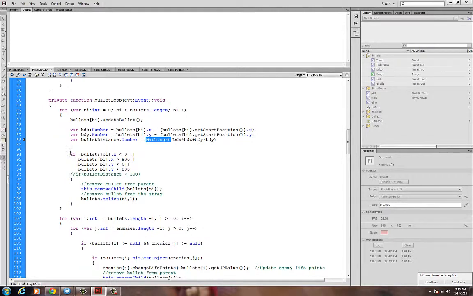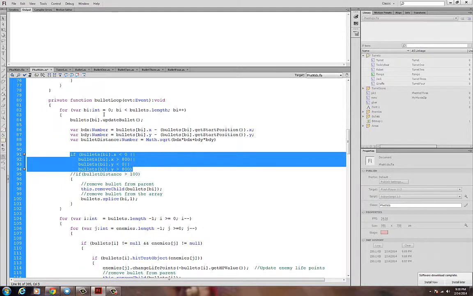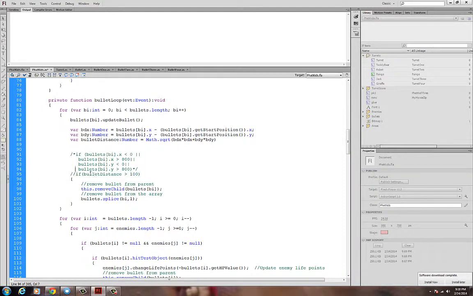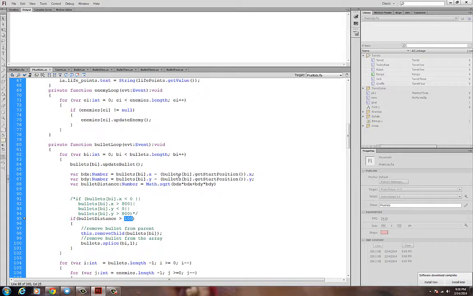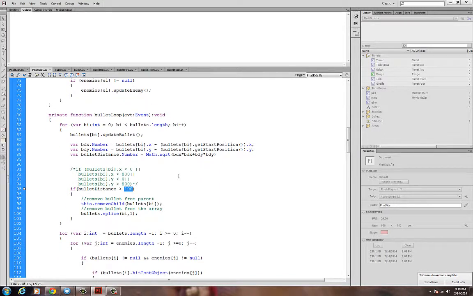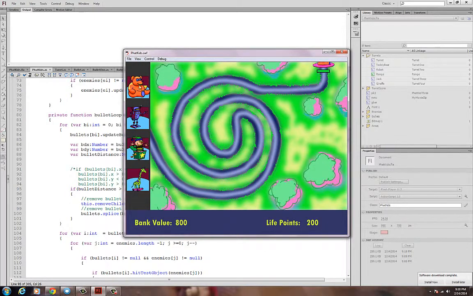And so now, instead of having all of this stuff, I'm going to go ahead and just comment that out, and instead I'm going to say if the bullet distance is greater than, and what I want to do is if it is greater than whatever the range is for that particular turret. So right now I got it set at 200. I'm going to go ahead and change that, but just to make sure this is working, I'm going to go ahead and say run, and I can see I have no errors,